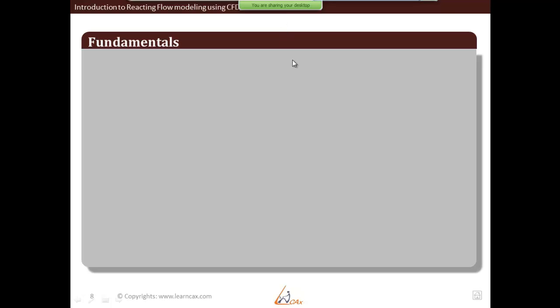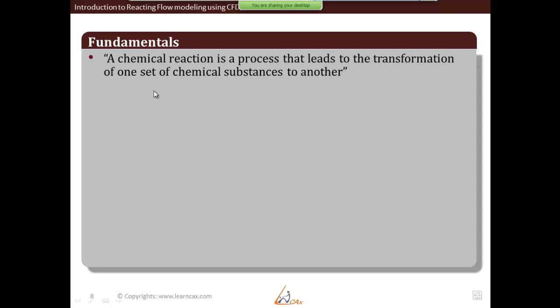So that is why it is necessary to design operations or design systems where reactions are taking place, so that we can make them more efficient. Also we can reduce the pollution that is created because of chemical reactions, and also utilize the energy in a better and much more efficient way. So in order to study any type of reacting flow, it is important to understand or review fundamentals associated with